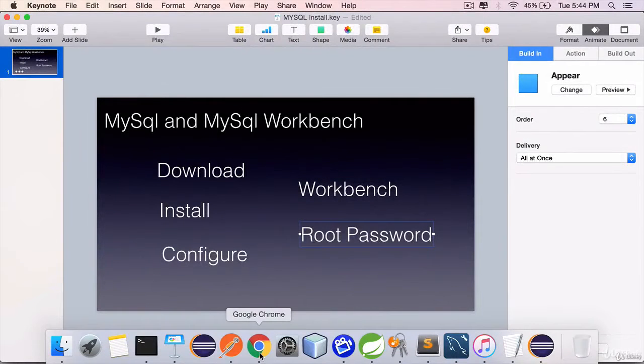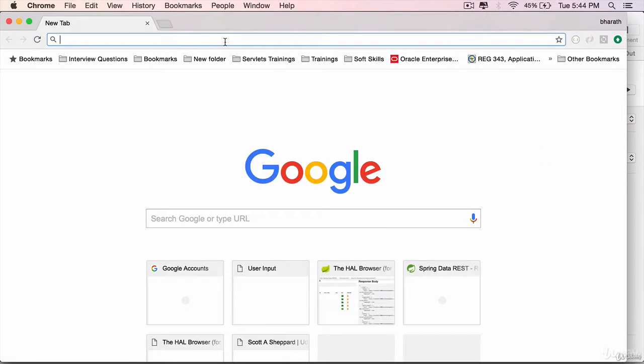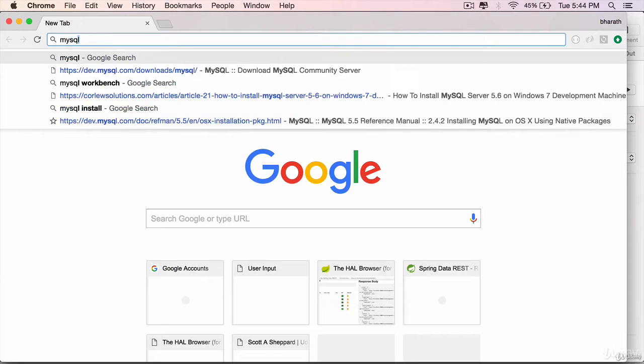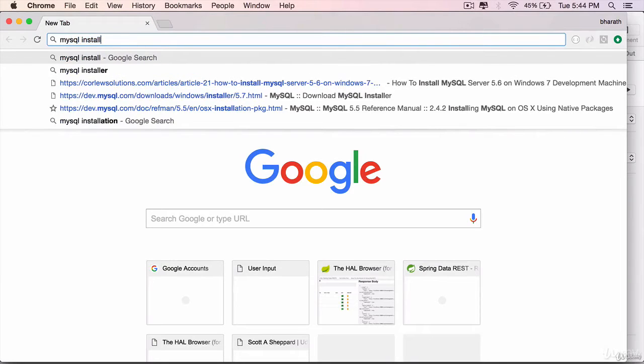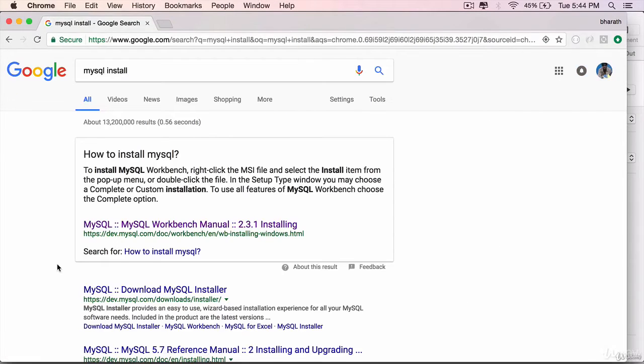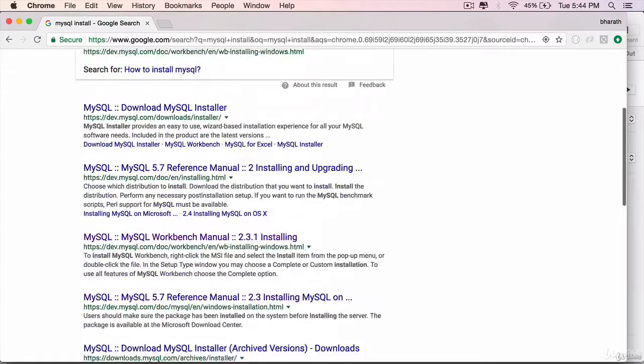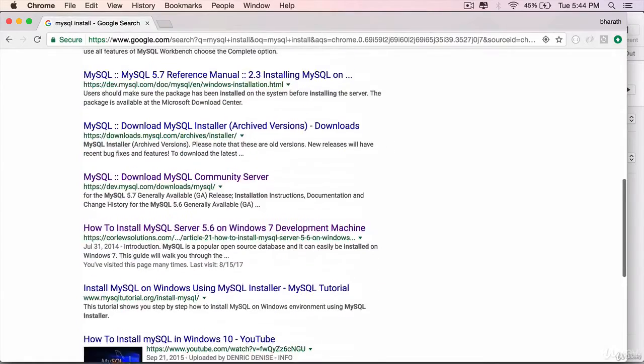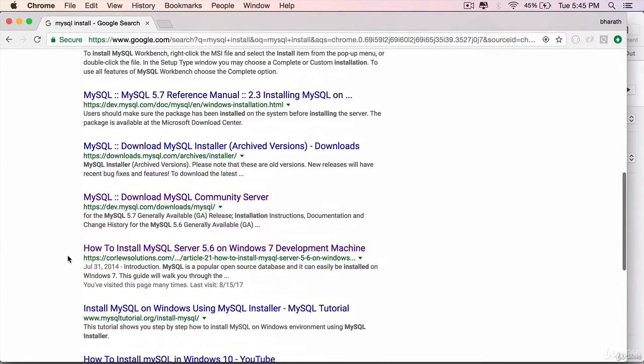I will also give you a link which has very good instructions on how to install MySQL. Search for MySQL install and scroll down. There are many links, but I found one of these very useful, which says corleysolutions.com, how to install MySQL Server 5.6 on Windows 7 development machine.